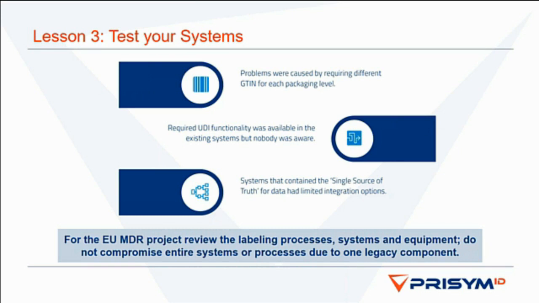And finally, on this, the fit for purpose test applies not only to your software, but also to your hardware. Having to ensure barcode quality met UDI requirements introduced new challenges for some of our customers, whether it's during the design and approval process or actually during final production. Ensuring the equipment is maintained to a standard that is guaranteed to achieve the quality required and designed during the design and approval processes is critical to actually ensuring a system continues to meet the requirements that it's designed to meet.